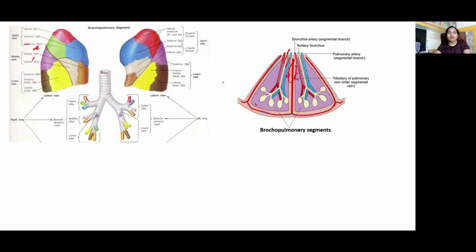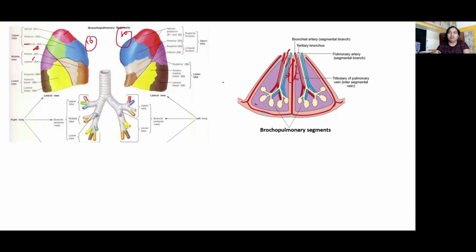Okay. How many bronchial arteries are there on each side? Right side, one bronchial artery, left side, two bronchial arteries. And these bronchial arteries are branches of descending aorta. Sometimes the right bronchial artery can come from, yes, from one of the left bronchial arteries also. So how many bronchopulmonary segments are there? 10 on each lung, okay?